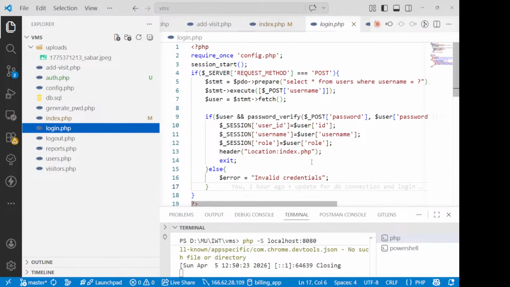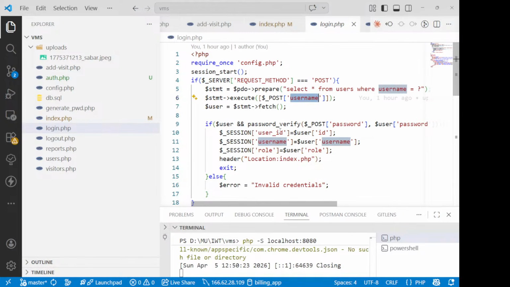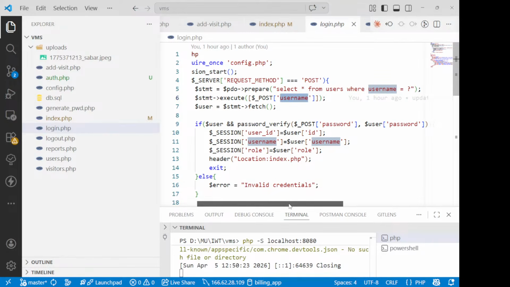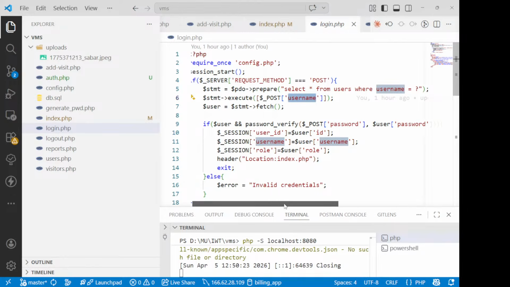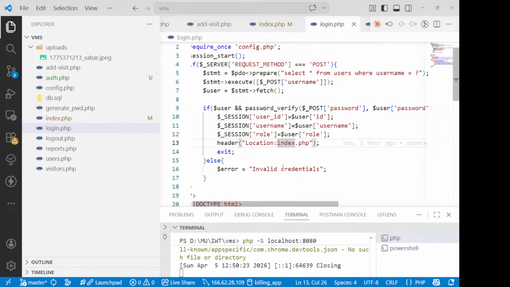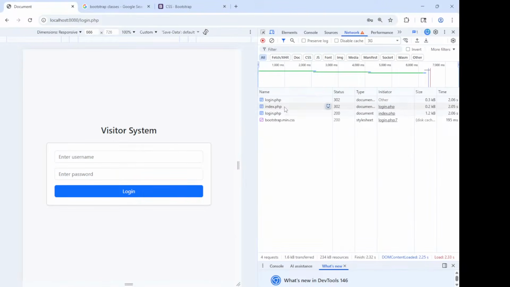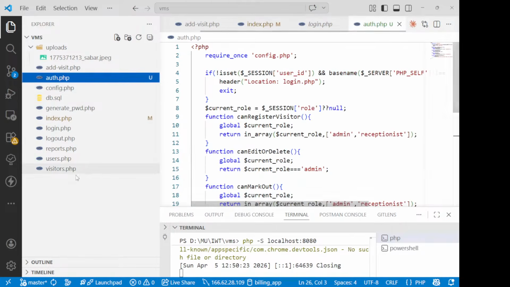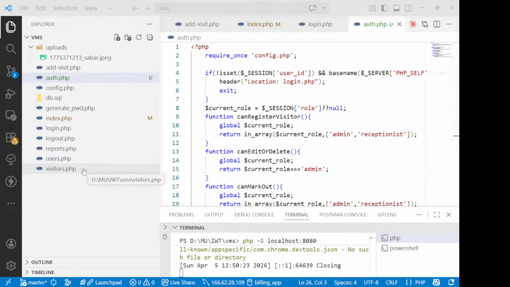लोगिन इज सिंपल, पोस्ट मेथड कॉल हो रहा है आपके पास, यहाँ से पेज किया अपने यूजर नेम वेट पेज करवा रहे हो, उसके बाद आपने किया वेरीफाई पासवर्ड, पासवर्ड एंड पासवर्ड, ठीक है। जो भी चल ही रहा था अभी तक, लोकेशन index.php पे जा भी रहा था। तो इंडेक्स यहाँ पर कॉल हुआ है, यू कैन सी इंडेक्स कॉल तो हुआ है, वहां से वापस आ गया है। तो इंडेक्स पे जाके देखते हैं क्या हो रहा था। इंडेक्स पेज पे हम गए हैं, तो हमने लिया है auth.php, और हो सकता है auth में मैंने कुछ गलत लिख दिया।